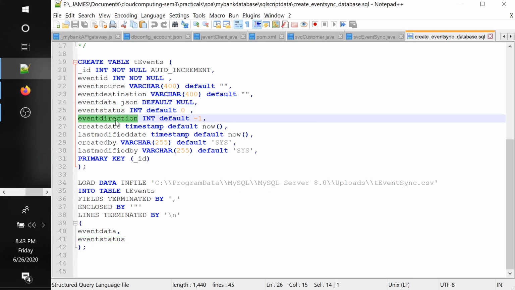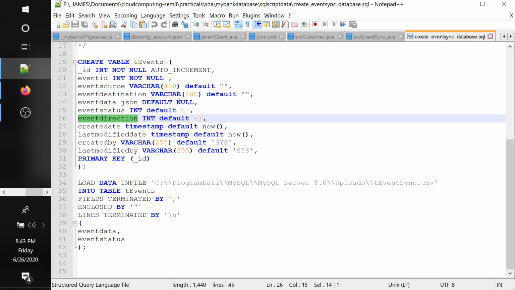Event direction means whether the data is moving out of my service or coming into my service. If I am receiving the data, the direction will be inwards, and if I am sending out the data, the direction will be outward.